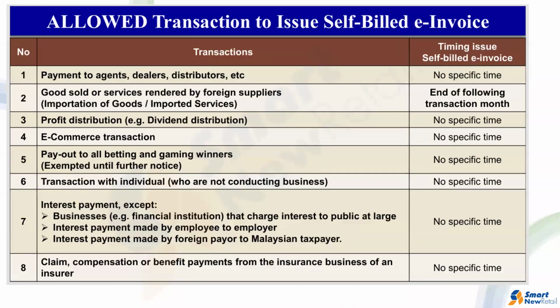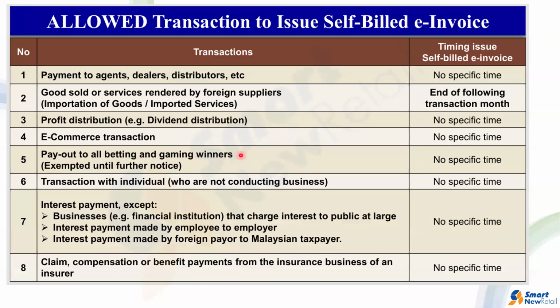So what types of transactions are allowed to issue self-bill invoices? Currently, based on our info, there are 8 different types: payment to agent, dealer or distributor, etc.; goods sold or service by the foreign supplier; anything about imported goods or import service also; profit distribution; e-commerce; payout;